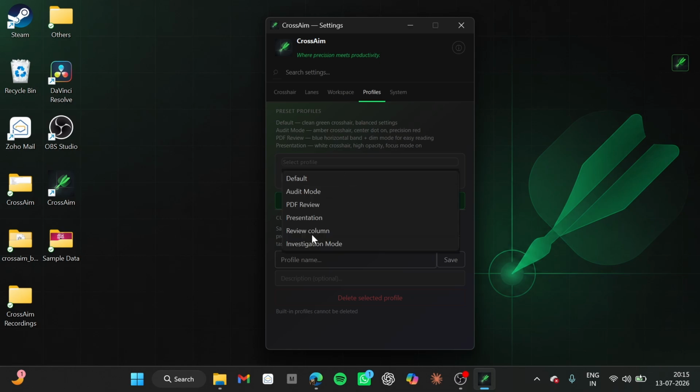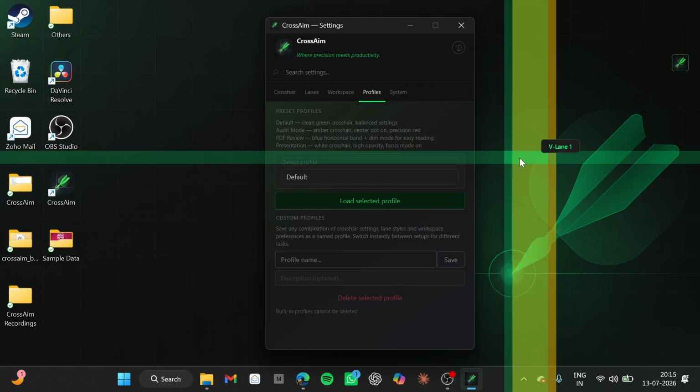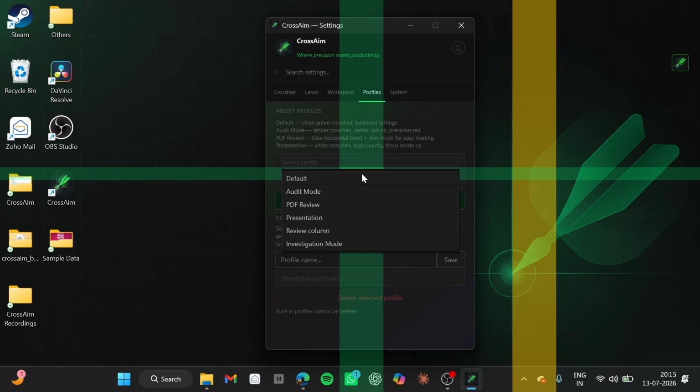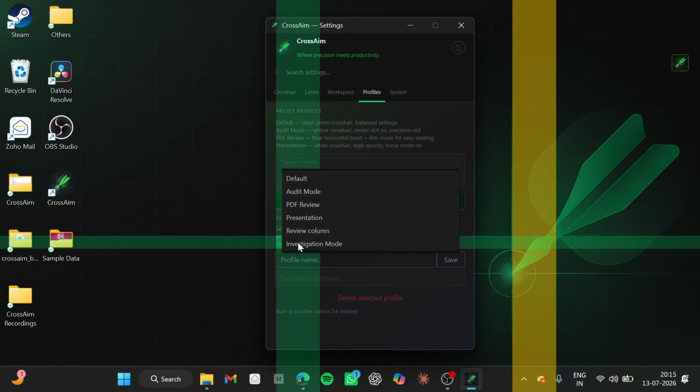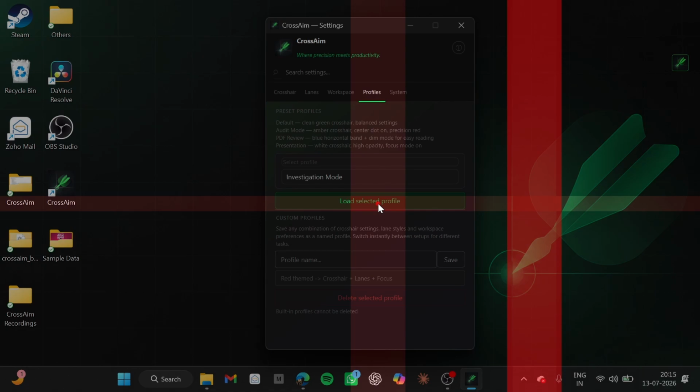I have added a couple of custom profiles here. Let me show you that. So by default, this is our CrossAim setting. Let me now switch it to one of the custom profile, which is the investigation mode, and see what happens. See,